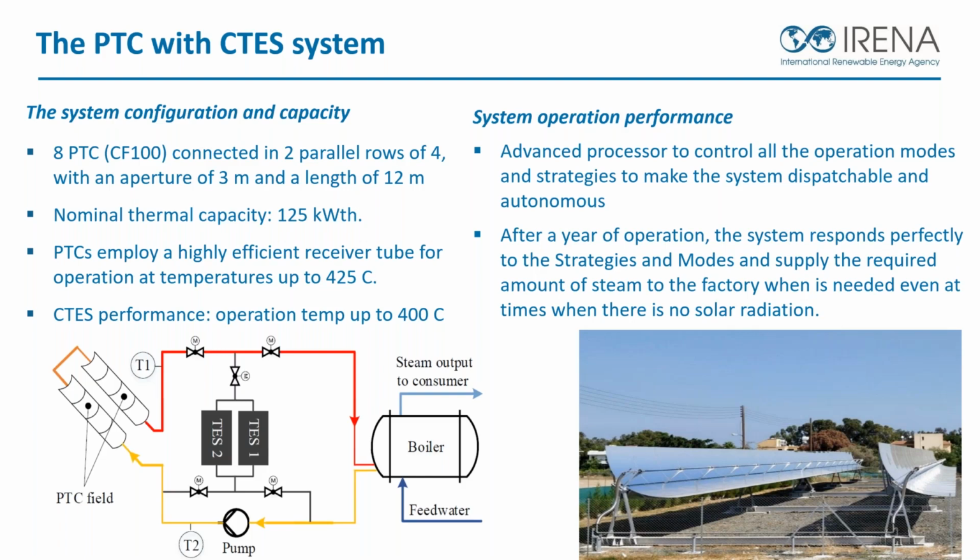This is the first of its kind in Cyprus to test, and it is to provide heat for the juice making plant. The temperature they reach is pretty high, but this is for industry use. As I said, once used, the heat becomes lower temperature heat that can be injected into the district heating networks. And the control system is also a critical part. How to optimize the operations of the system is also critical.